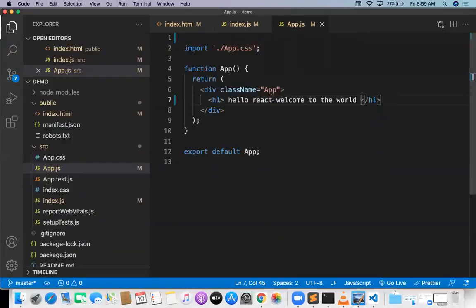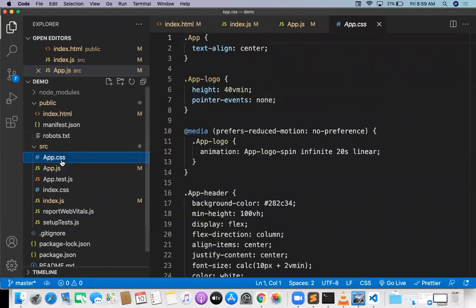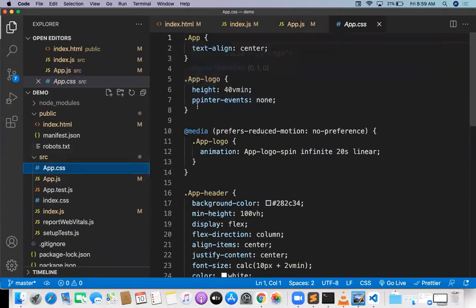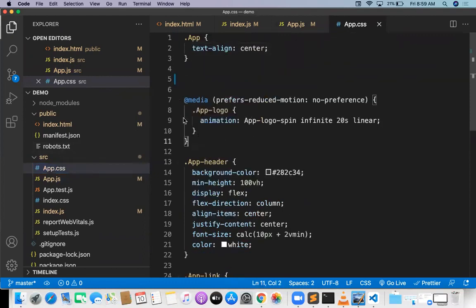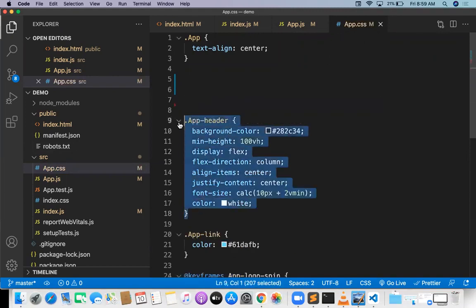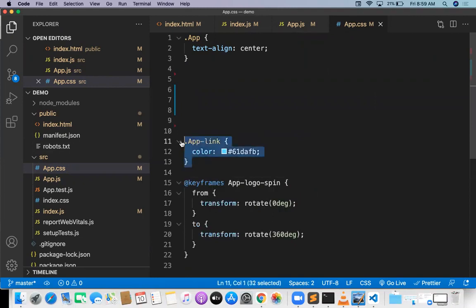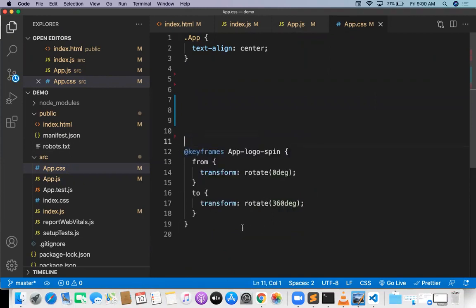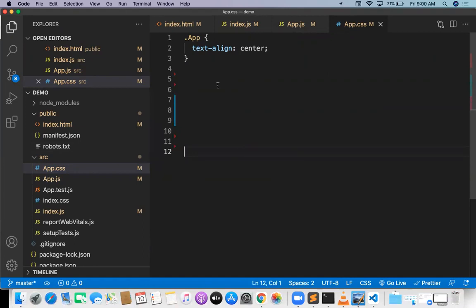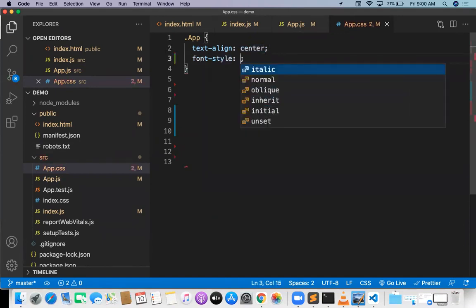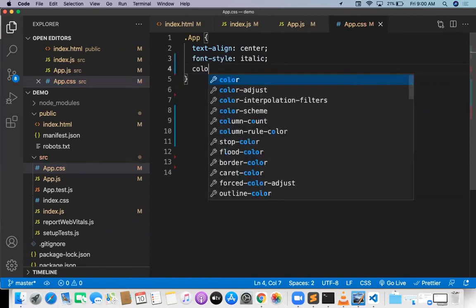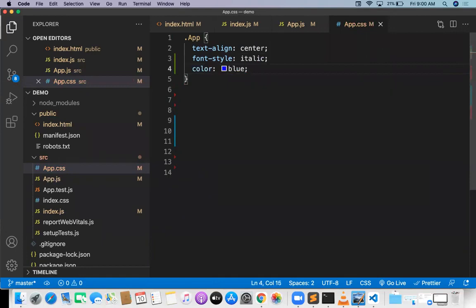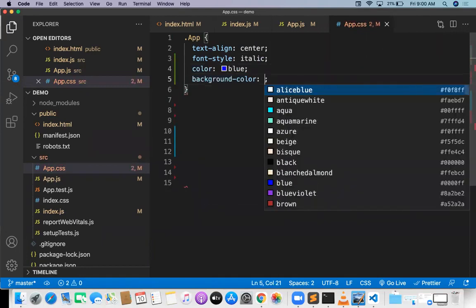So now just go to the app.css. In app.css, the logo related CSS I don't want, delete it. And the media query, I'm deleting that. And app header, I don't want this. And app link, I don't want this. The keyframes rotating 360 degrees, I don't want this. Only the app related CSS: text align center and font style. This is basically normal CSS. And the color should be something like blue. Okay, I need a blue color, and for the background color I want to go with something like,